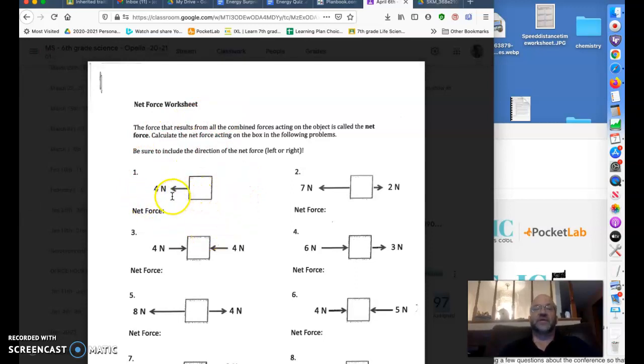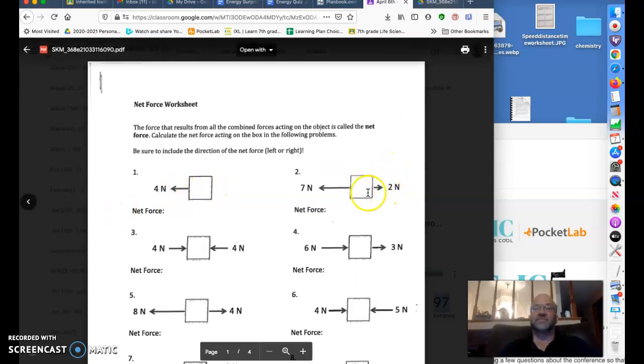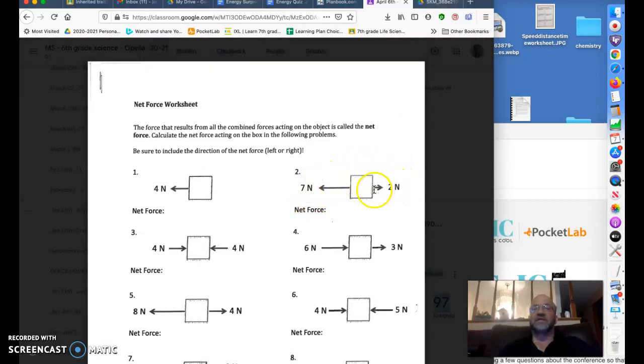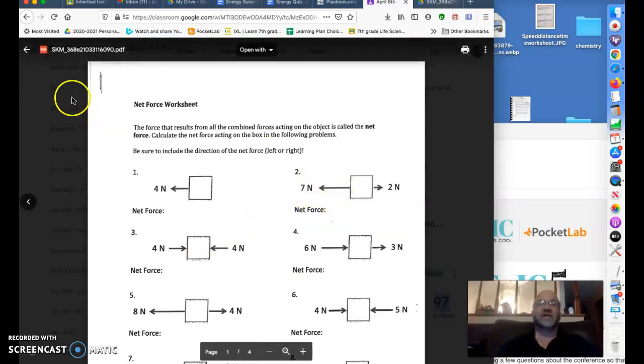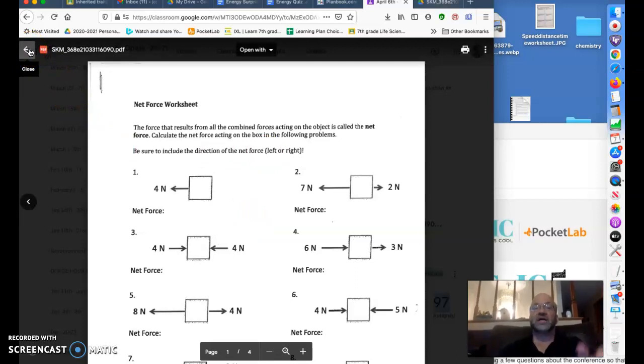So if you recall this one here, this was unbalanced and it was 4 newtons to the left. This one was unbalanced. You subtract the bigger one from the smaller one because more force is pushing this way and less force is here, but you have to subtract and you get like 5 newtons this way. This is just something we did, but this is a good example for you to refresh your memory so you can actually draw some objects of people pushing an object, and you can show if it's balanced or unbalanced,